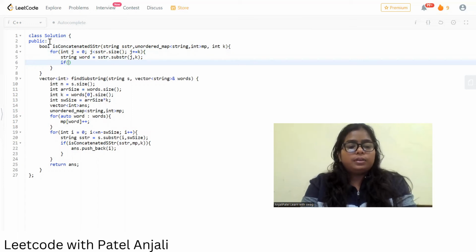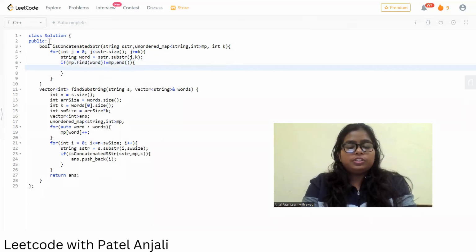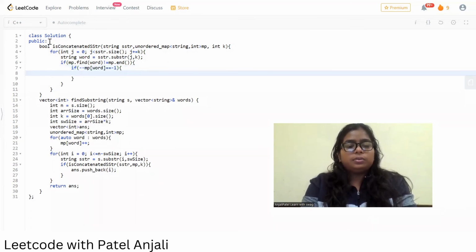So if mp dot find word does not equal mp dot end, it means it is found. And again we will check if decrementing mp of word becomes -1, it means it is not present,